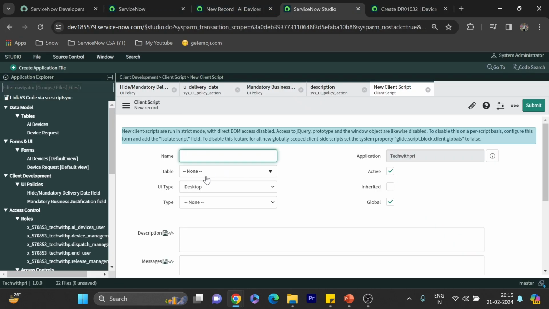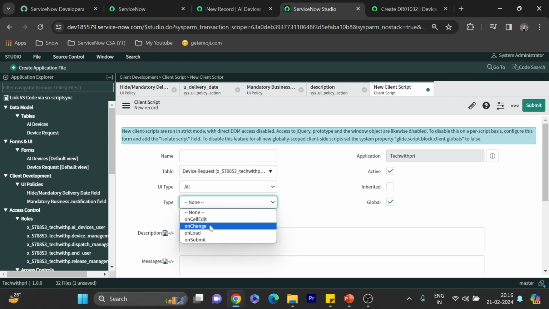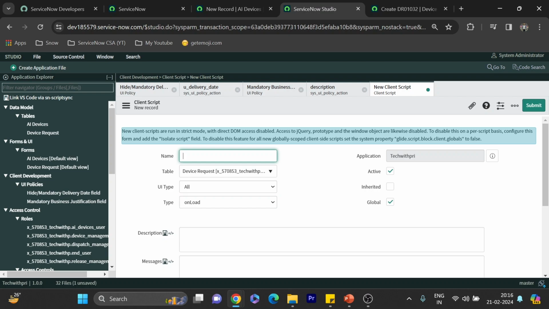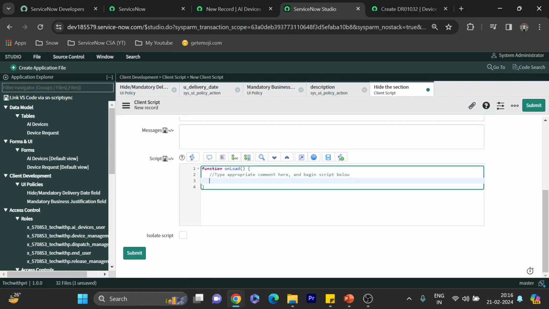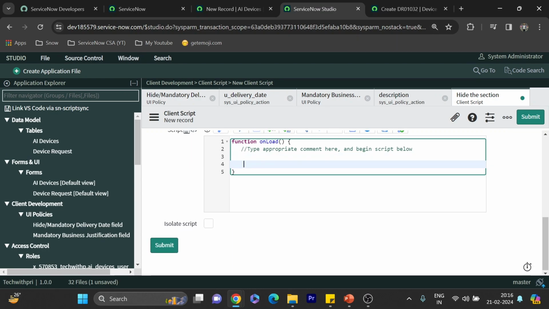So I'm going to create an onload client script. So let me choose the table first. So device request table, okay. Type should be onload. We will have this function type and the name should be hide the section. Okay. So now let's not put any description, or you can put it, right? I'm going to zoom in so that you can see it clearly. So here, whenever the form loads,